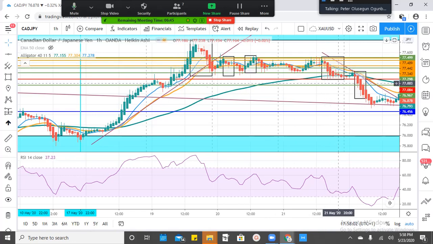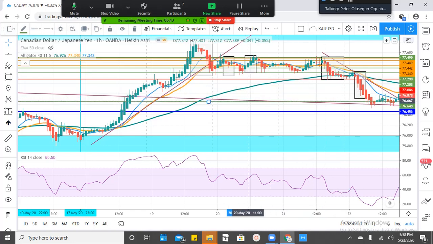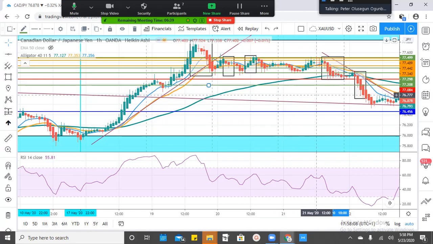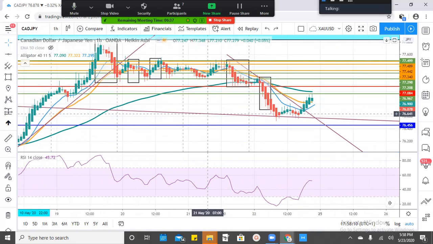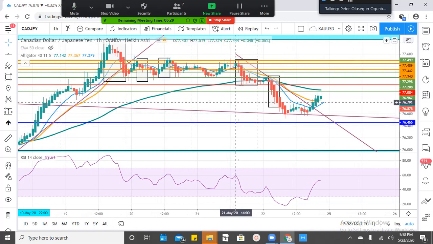The other time that I showed you, we have already entered the market when the EMA has not given us a go ahead. See, we entered the market at this point. We used this box, the second box, to enter the market, but the EMA had not given us a go ahead. EMA is giving us a go ahead